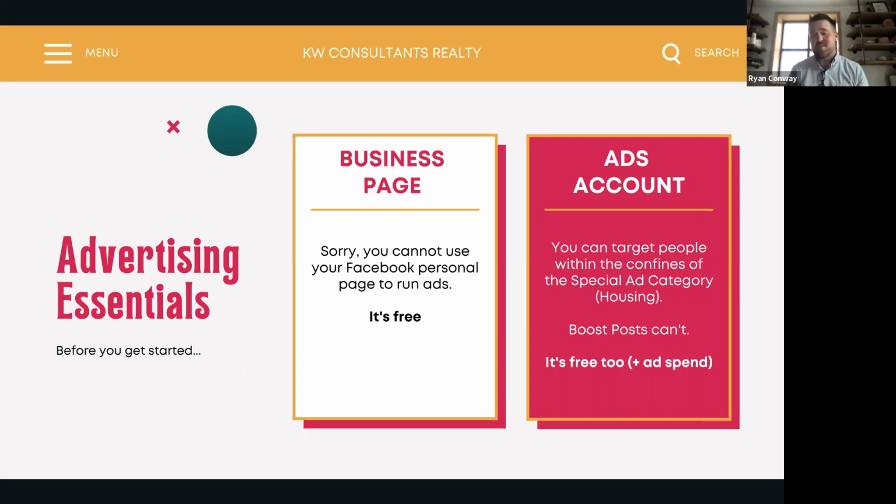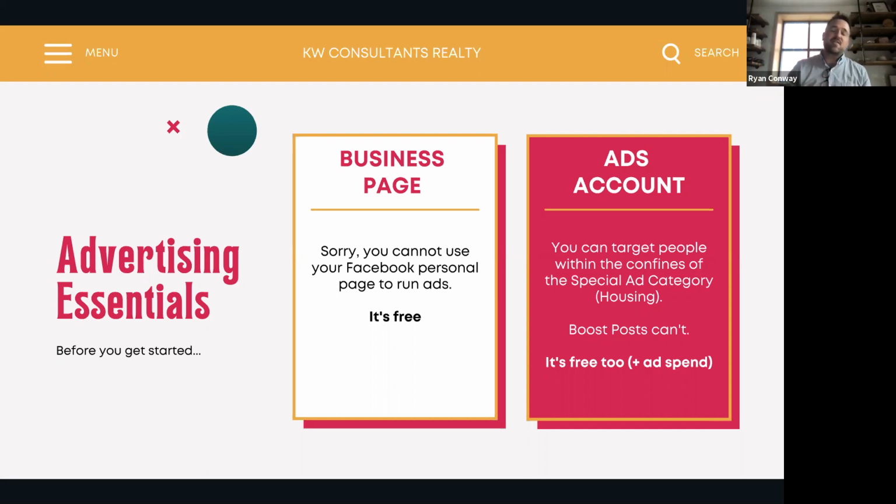It's absolutely free to put a business page together. It's really quick and easy. It only takes you about 5 minutes to set one up, and you can get all sorts of ad creatives for your cover page. I think even use your headshot, but you can take that stuff from Canva, another free resource, to build that and put a business page together pretty quickly.